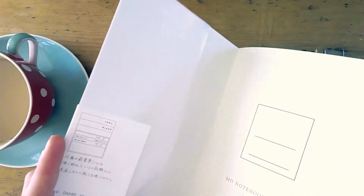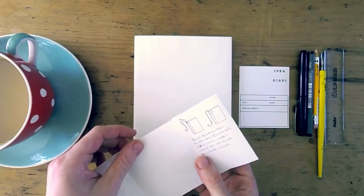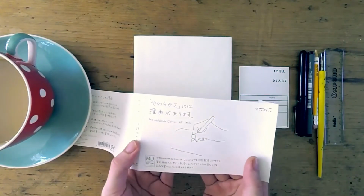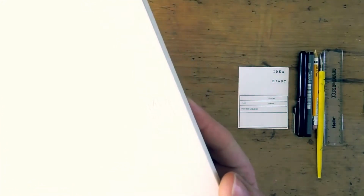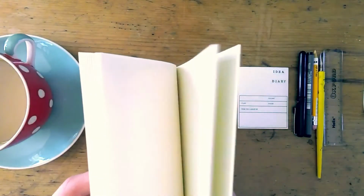You get those neat little stickers to archive it in the future, and some indecipherable information written on this sleeve. Fortunately, I'm pretty sure I don't need instructions to use a notebook. It comes in a little dust jacket to keep the front pristine, and in a moment you'll see the little impression that is the only thing on this cover. I say cover, the book itself technically doesn't have one, it's just a relatively thicker card, but I love the